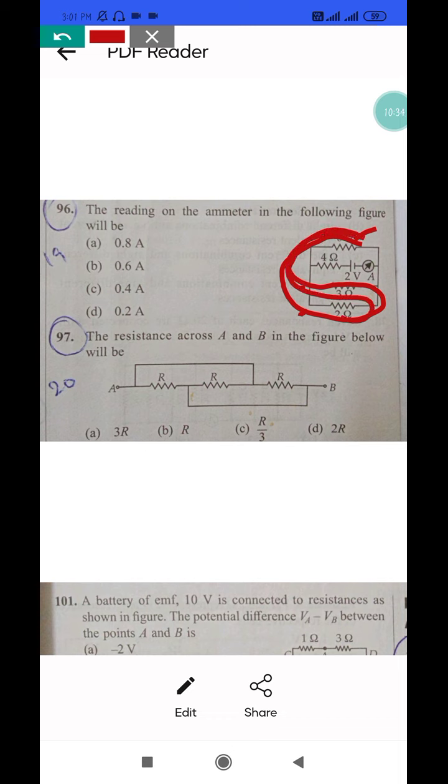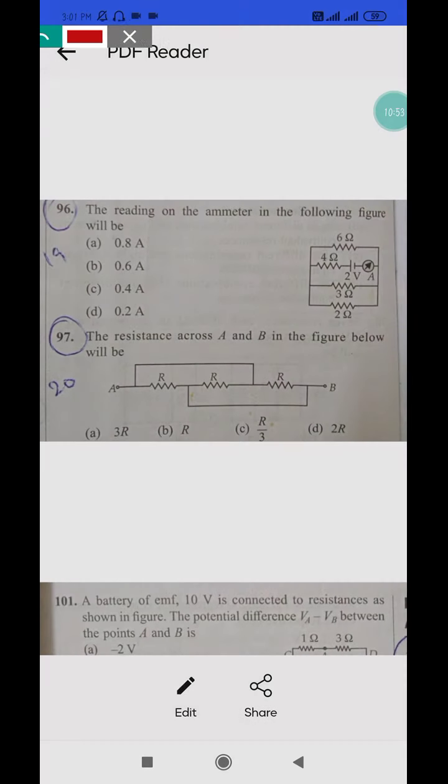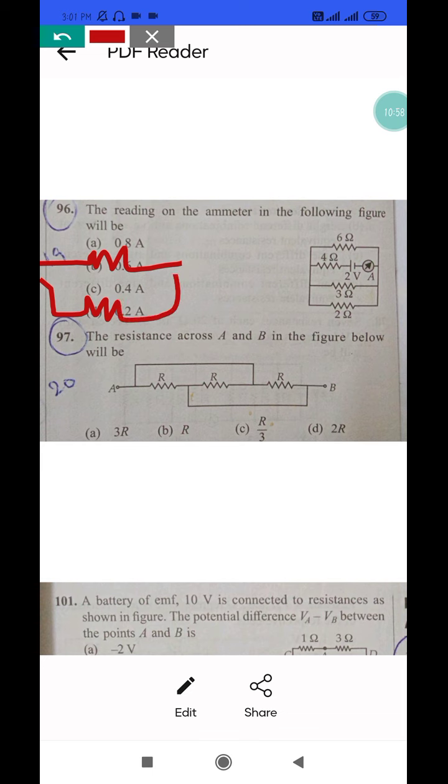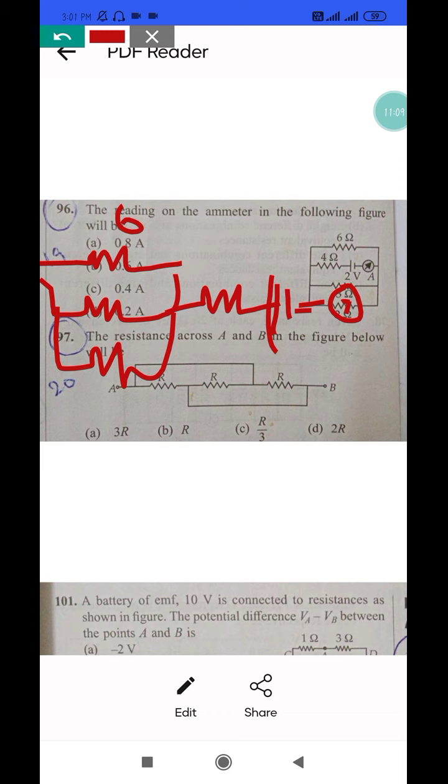And the total effective will be in series with the 4 ohm resistance. Is that clear? Because the potential is same, can you see this? Potential is same for 6, 3, 2, but the potential is different for 4 ohm. So it is connected basically in series with the 3 combination. So let us find out this. What I am going to do is modify this figure a little bit. We have a 2 ohm which is connected with a 4 ohm, and that too is connected with a battery, and you have an ammeter here, right? So here we have 6, this is 3, this is 2, here we have 4, shall we?